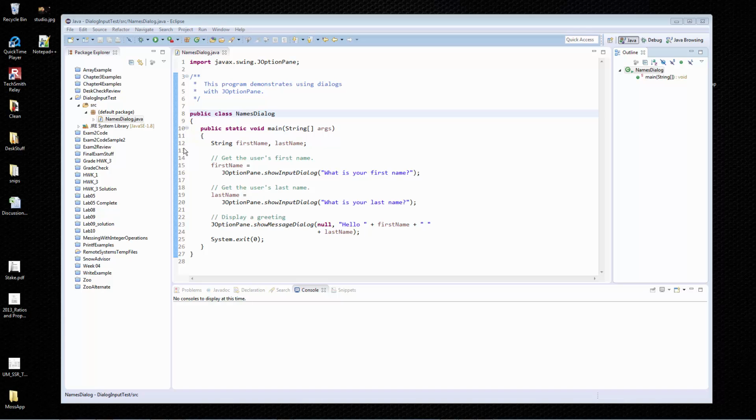So the main method starts, and the first thing you see here is a line that declares two strings, firstName and lastName. And so you can interpret this as meaning that we are going to be using two string variables. Okay. So next we have a comment that tells us that we're going to get the user's first name. So we're setting the string firstName to whatever the return value is from calling